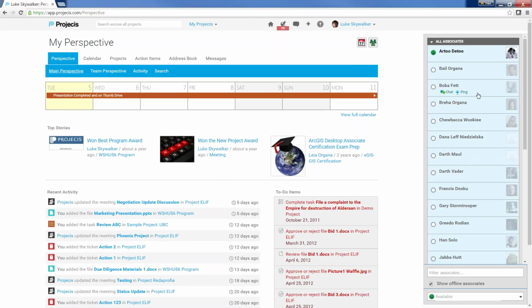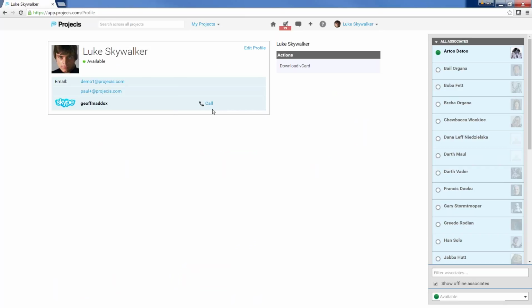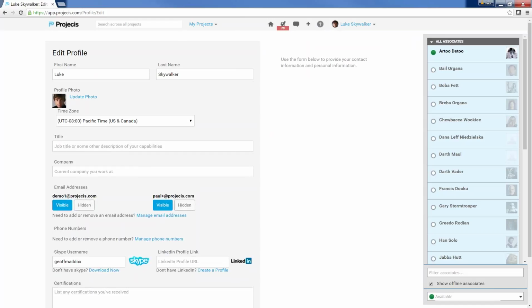So if you want to be able to utilize a lot more of the communication features, they really have to manage their profile in such a way that allows that. So how do we do that? All you do is click on your name in the upper right-hand side, and there are a couple of settings we'll go over. One is View and Edit Profile. This particular screen will come up. I can see that I have a variety of email addresses in here, as well as a Skype address and a telephone number. But all I do is click on Edit Profile, and I have the ability to manage my